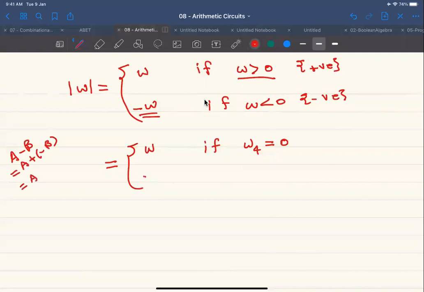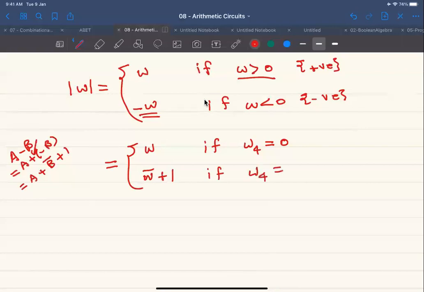This is the addition, don't mix it up with OR. Plus 1, excellent. So minus w is w complement plus 1, right? Yes. Okay, so this is if